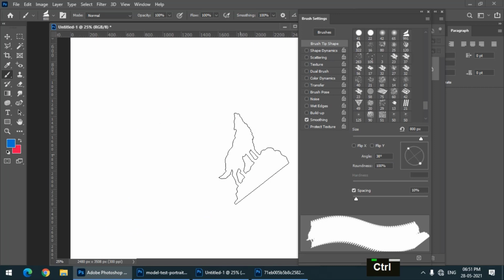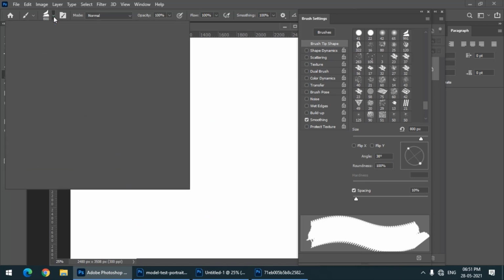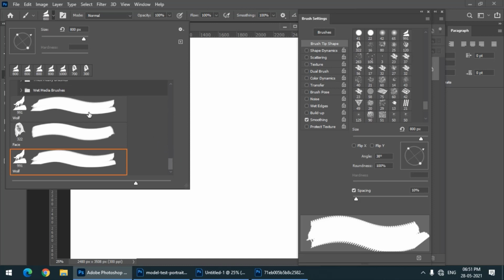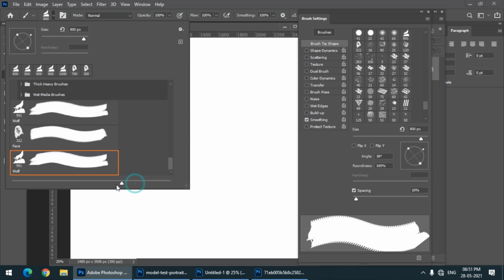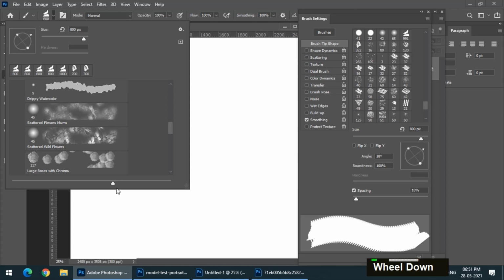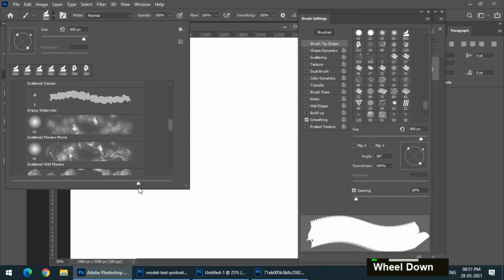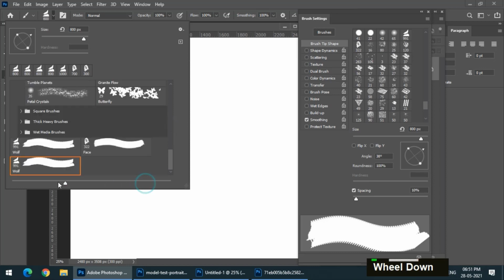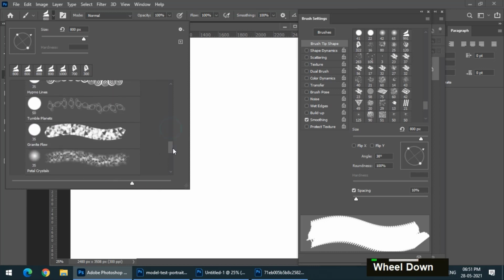You can choose any color you want, and whatever brushes you create will be shown in this brush panel. You can also increase or decrease the thumbnail size using this panel option, or this button or handle, whatever you like to call it.